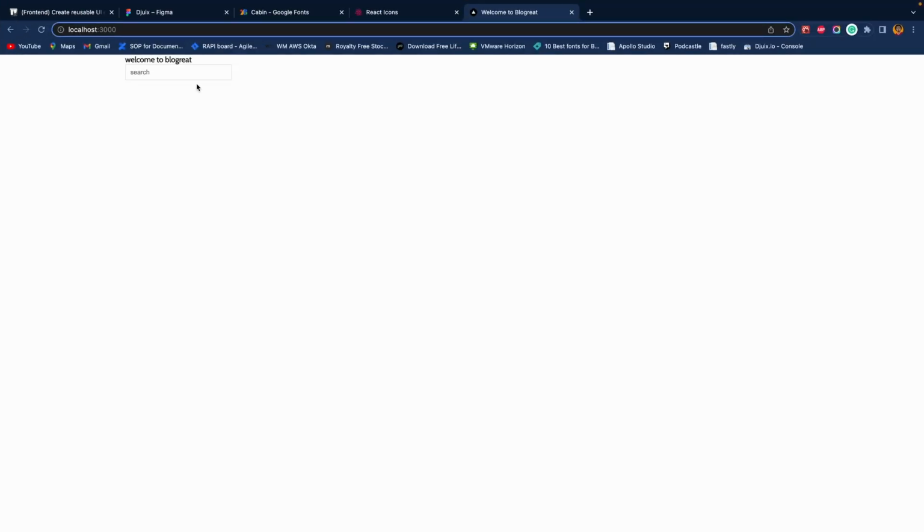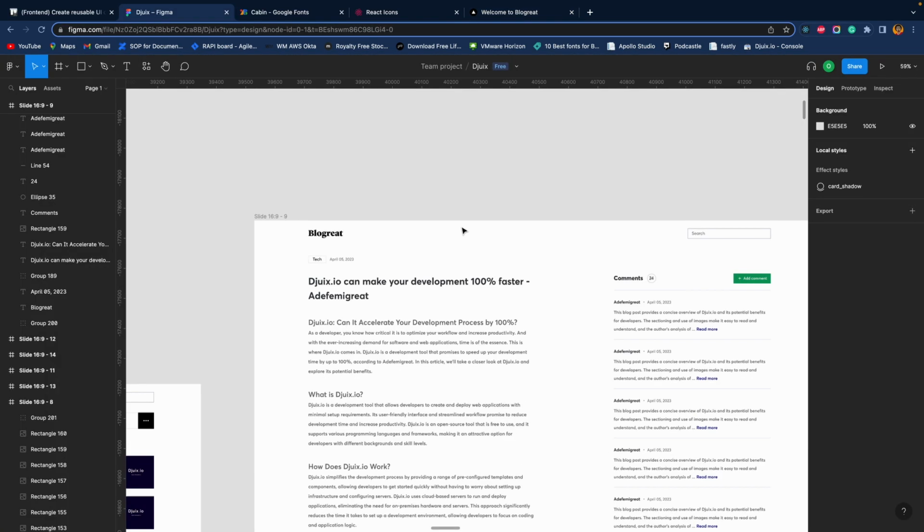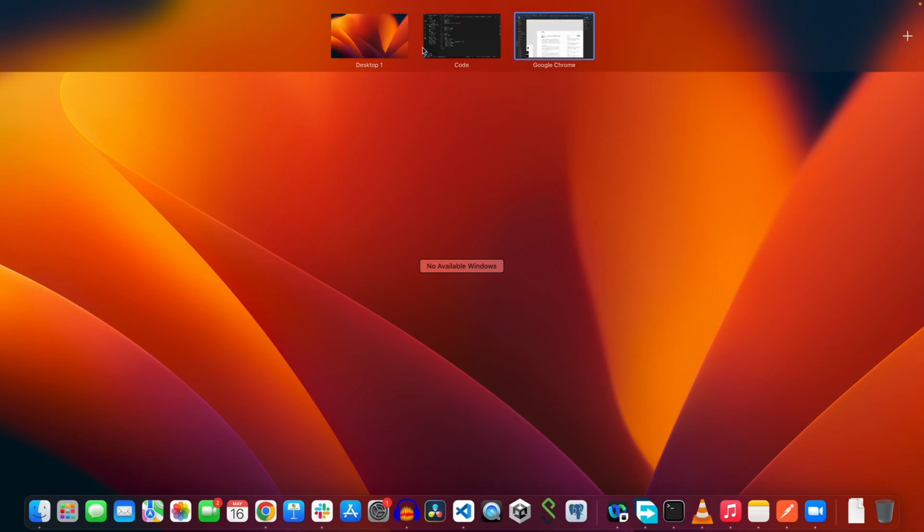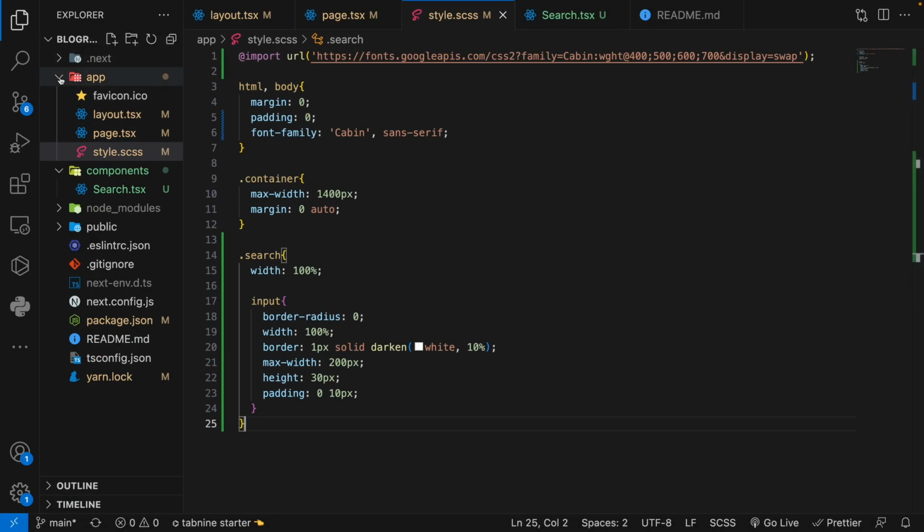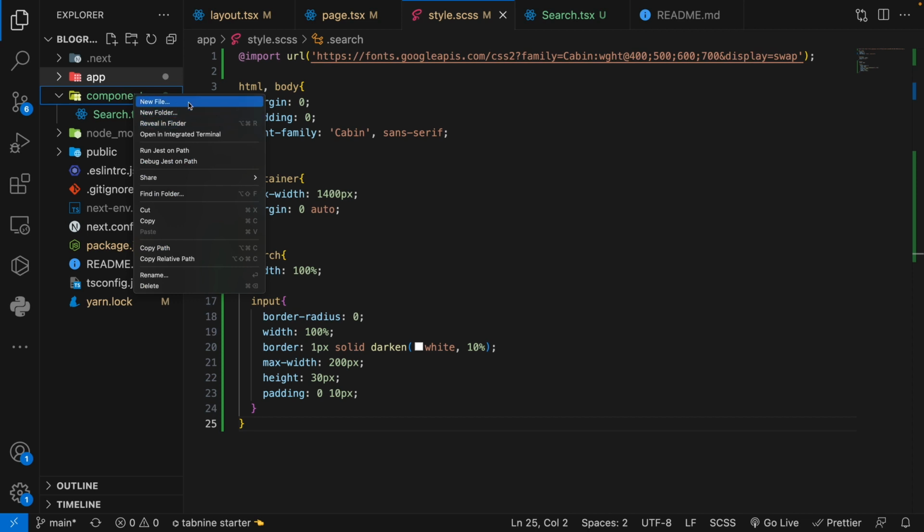So now we are done with our search components. However, we still need to have the drop-down. Well, that won't be an issue now because the drop-down would only come up as a functionality. So we can ignore that for now. So now that we have the search component done, we can proceed to having the header component. So we can come back to our components and create a new one.